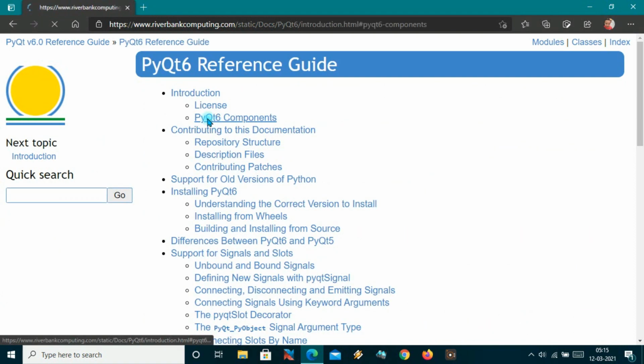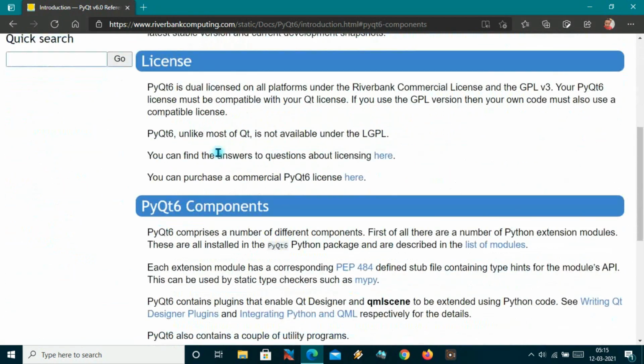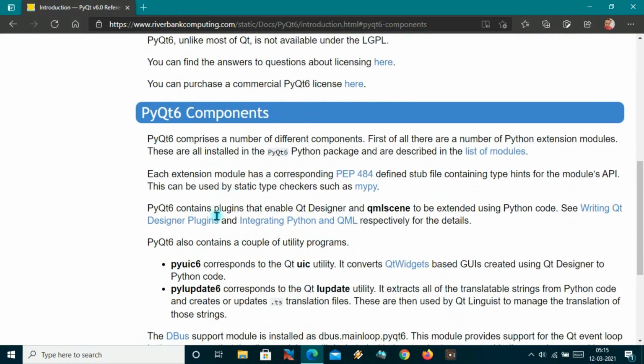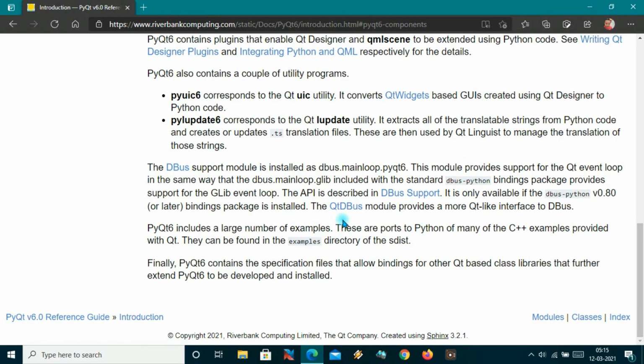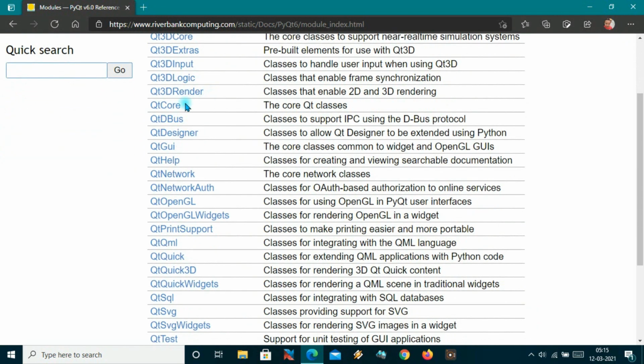So let me click on PyQt6 components, and here at PyQt6 components, let me come to the modules or classes. We can see here Qt 3D Animation, 3D Core and Qt Core, 3D Extras, all are 3D, and also the previous ones are attached: QtCore, QtUi and also Qt Designer.